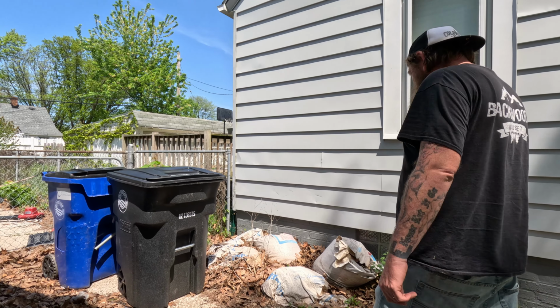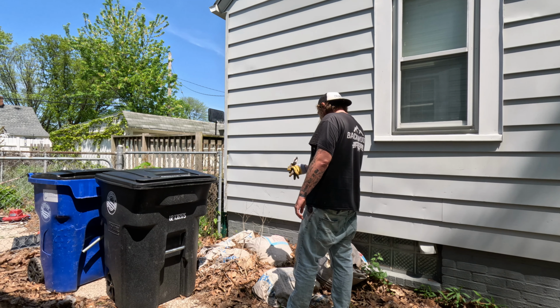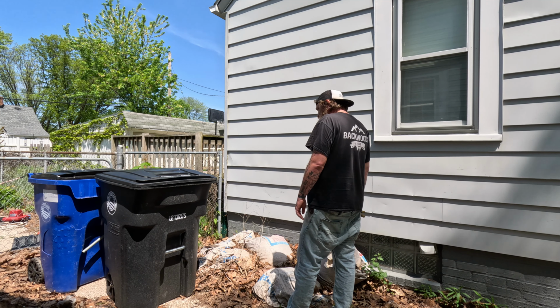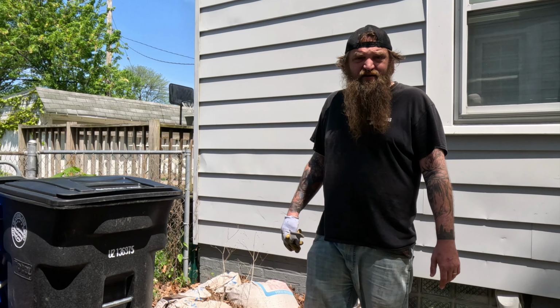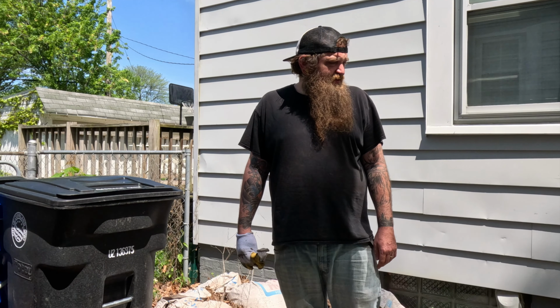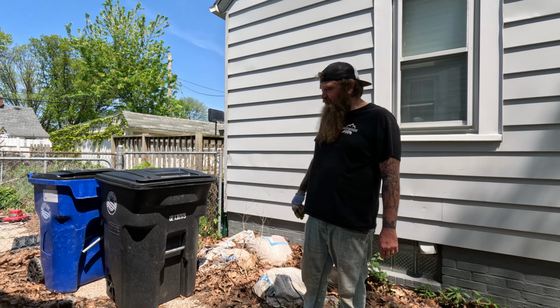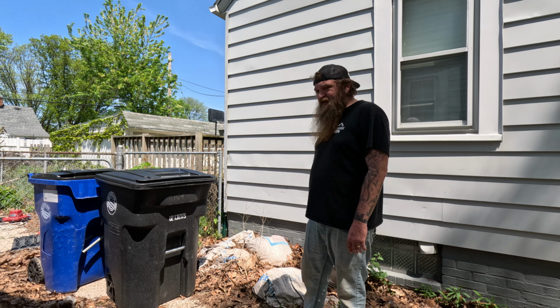Yeah, so over here there's 1, 2, 3, 4, 5 bags, and they're just all on this side. So I don't know. I need to figure out something to do. I got to get them cleaned up. I don't have enough bags though. I am gonna have to get more. I think we're just gonna cut the grass for now, and I'll get bags later, and maybe I'll have Aiden